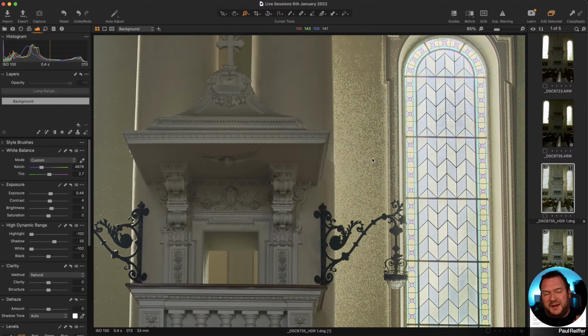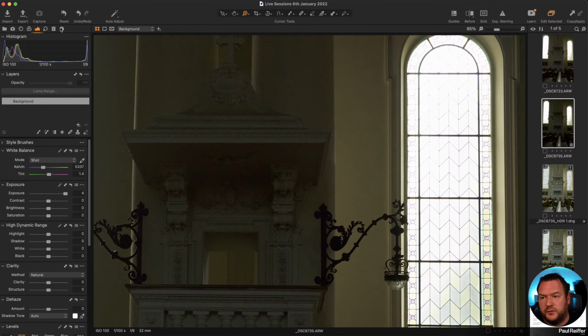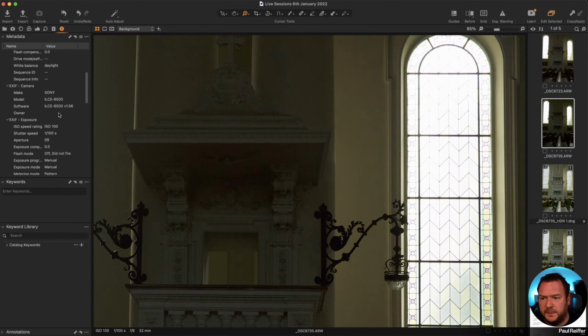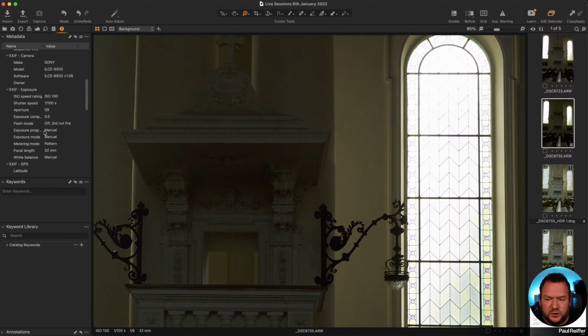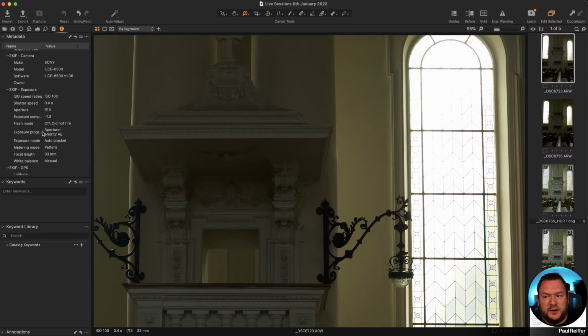So be really careful. And we talked about this with panoramic stuff when David and I were live in London a few weeks back. But HDR is no different. So if you are doing bracketed shots, do not change your aperture. And that also means, in the case of this one for Wilfred, I think I saw this earlier, this shot was taken completely manually. This shot was taken with aperture priority mode. So changing the aperture, and then the camera will figure out what to do with it elsewhere.